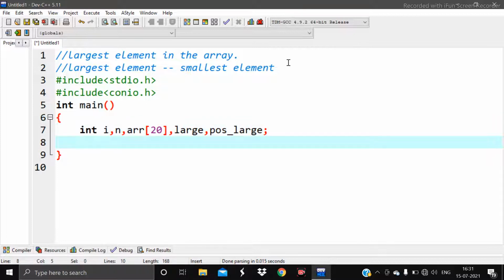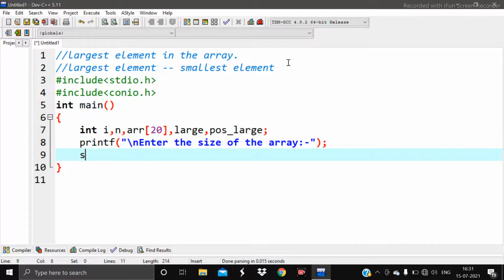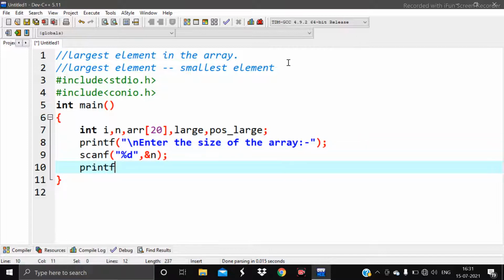Now you have to take a value from the user for the size of the array: enter the size of the array. After taking the size of the array using scanf with %d, that is the format specifier for int type, you have to take values from the user: enter the elements of the array.